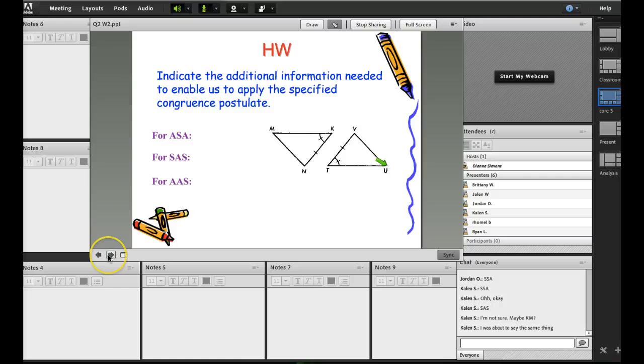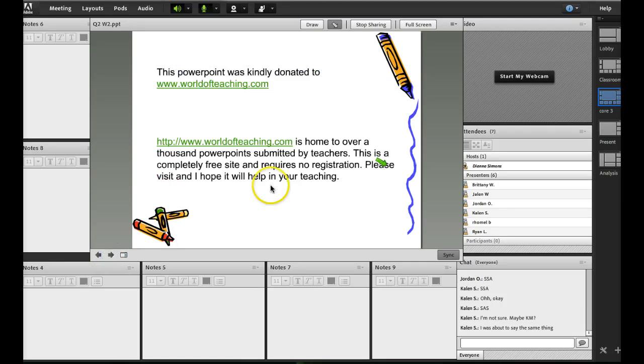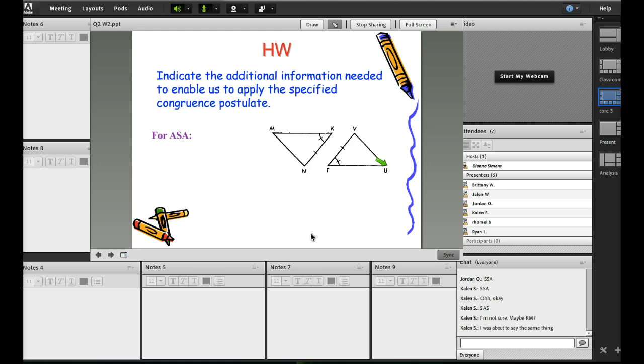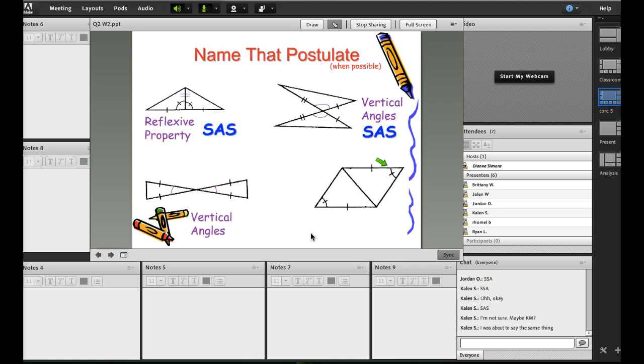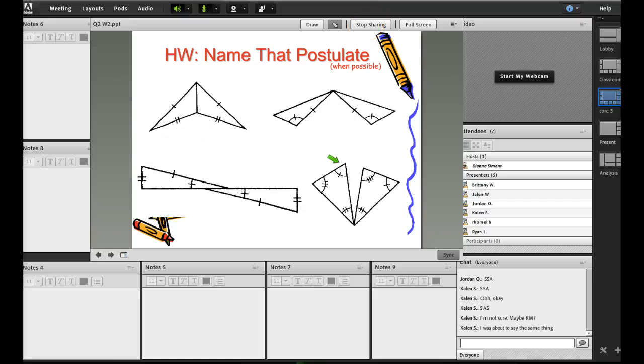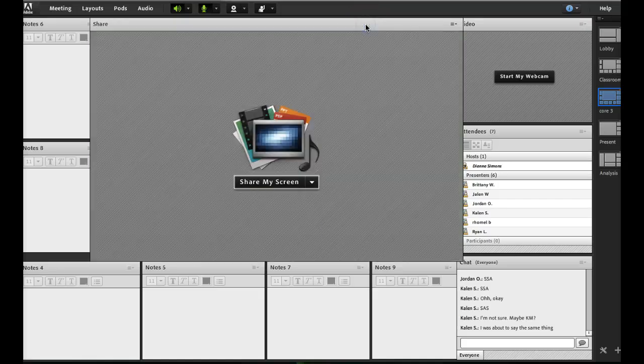Okay, good. All right, guys, so I didn't do this all by myself. This is where we go to get lovely information from other teachers. So basically this next week is proofs, proving things are congruent, proving things are similar. Do you have any questions? Do you guys have any questions? If you're all good to go, you can